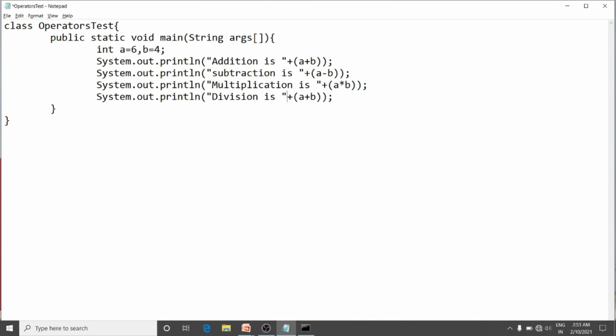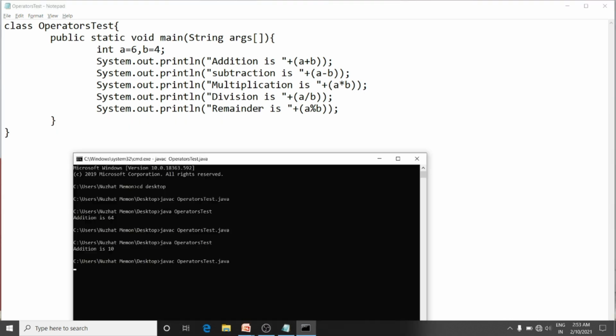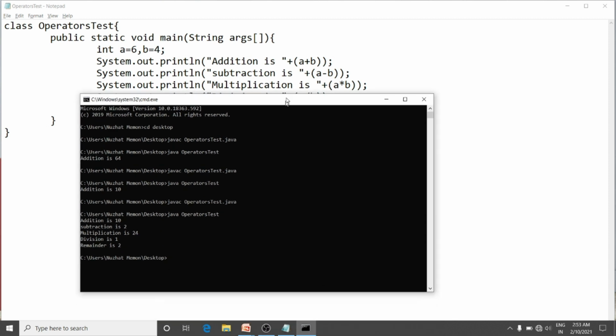Division is, here put the divide sign, and then modulus operator we will use, and this modulus operator is used to know the remainder, and the sign of modulus operator is percentage. I will save the file. Here I will compile again and run it. So here we are getting the output.